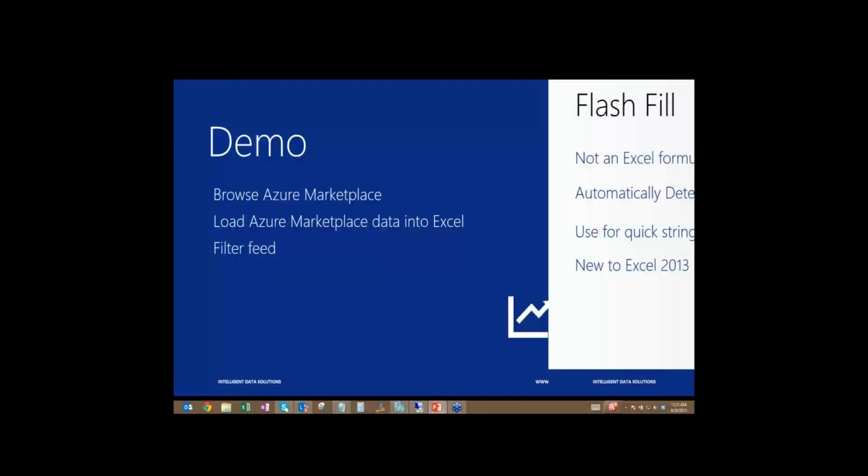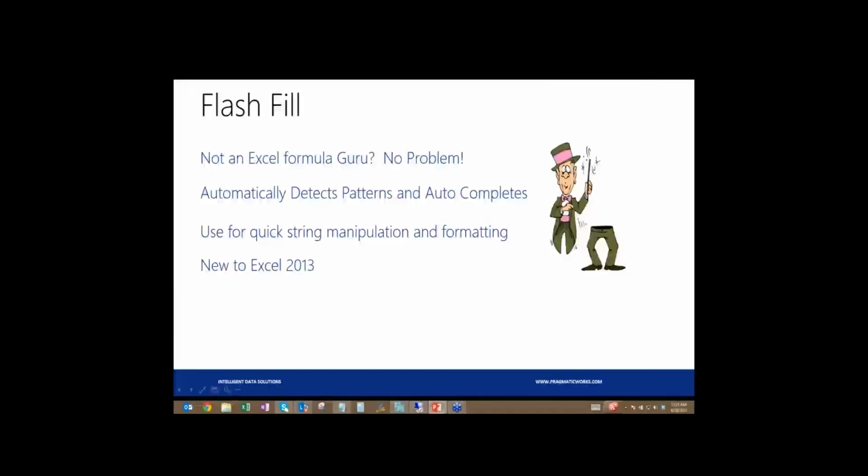All right, so the next thing I want to show you is flash fill. Now this is a pretty cool feature, and unfortunately it's just for Excel 2013. So if you're not on Excel 2013, this is a nice reason that you might want to make the switch. What it does is it saves you, even the experienced Excel formula developer, time by automatically detecting patterns for what you're trying to accomplish, and then it auto-completes it for you for the entire column